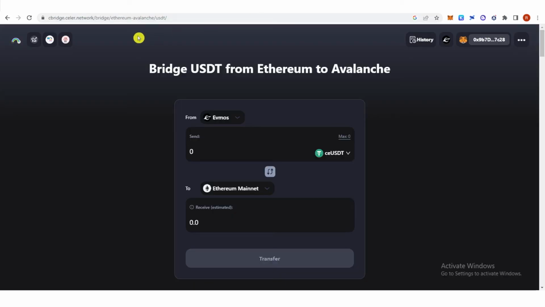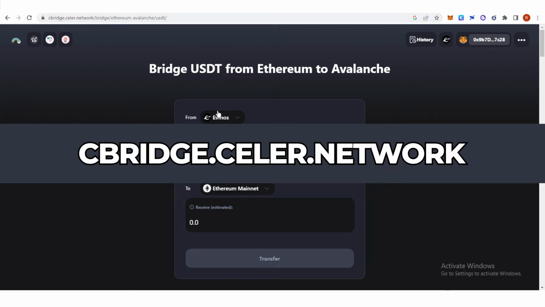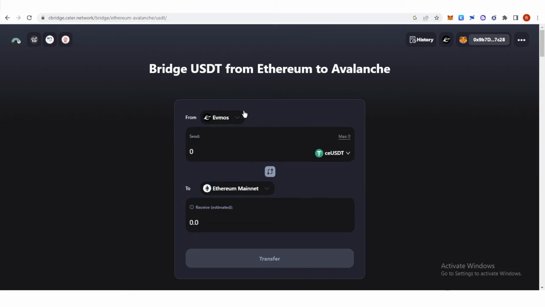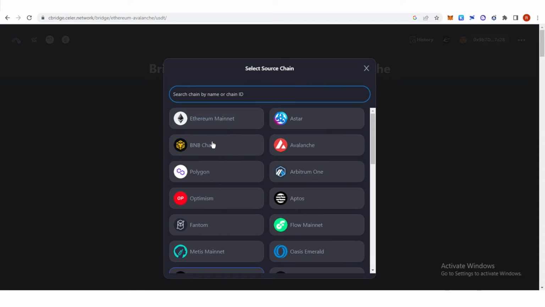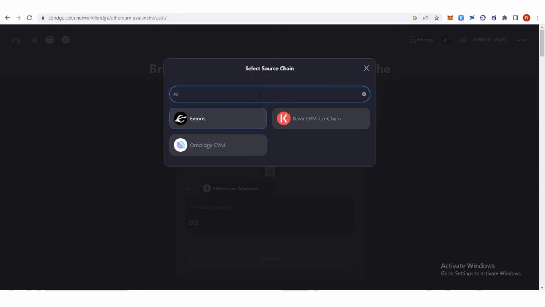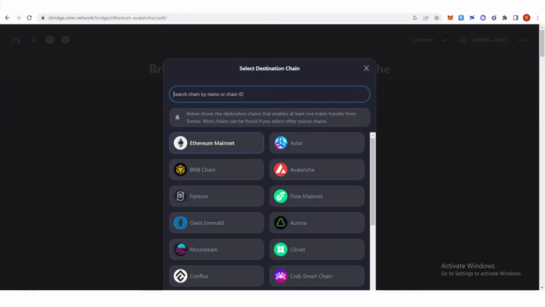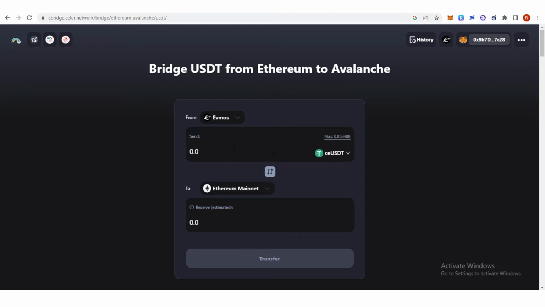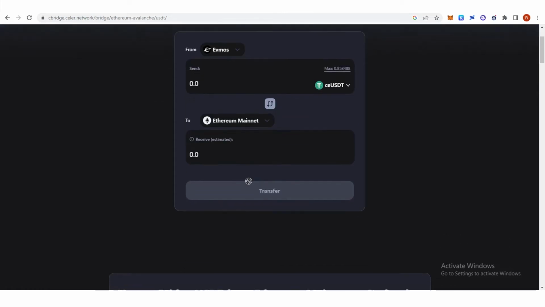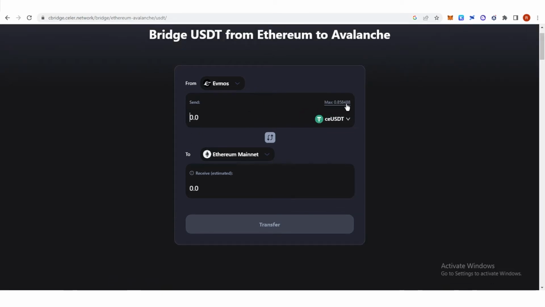Now let's go to cbridge.seller.network. Then you're going to need to click here and find EVMOS. Then click EVMOS, and then here, click here and click Ethereum mainnet. And then you're going to need to bridge your seller USDT from your EVMOS into Ethereum chain. So for example, I want to bridge the maximum amount,